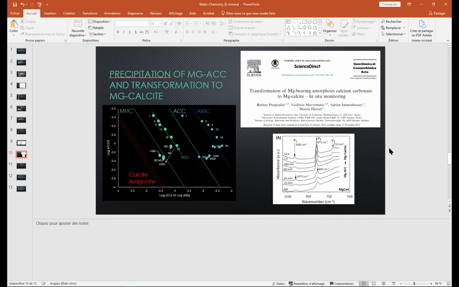I think that's a really interesting way to follow what is precipitating in the solution, because the solution is always, not always, okay, but you can follow what is controlling it. If you have a really high precipitation of minerals in your solution, it will have a consequence on the solution chemistry, because this is linked to